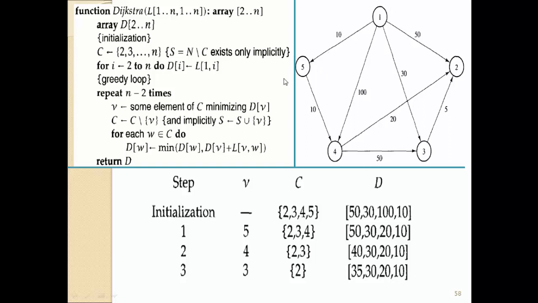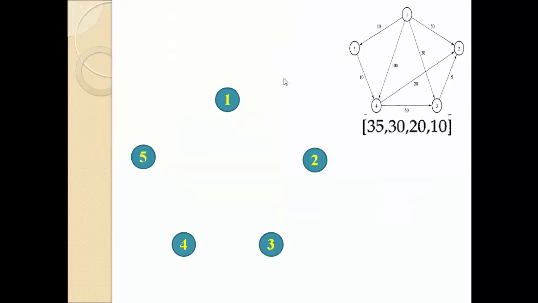And last, that is the minimum length 1 to 5. So this is Dijkstra's algorithm to find the shortest path from one node to all the remaining nodes of the graph. So as we discussed, this is the answer, that is 35, 30, 20, and 10. So we are getting the exact shortest path from one node, that is source node 1, to every node of the graph. So let us discuss 1 to 2. If you want to reach from 1 to 2, then as per Dijkstra's algorithm, we have to choose one path, that is 1 to 3, that is 30, and 3 to 2, that is 5. So the total answer is 35. It means that if you want to reach from 1 to 2, then we have to follow this path, and the minimum length will be 35.